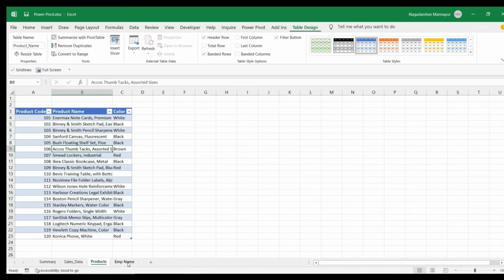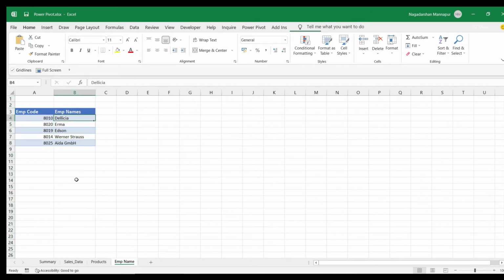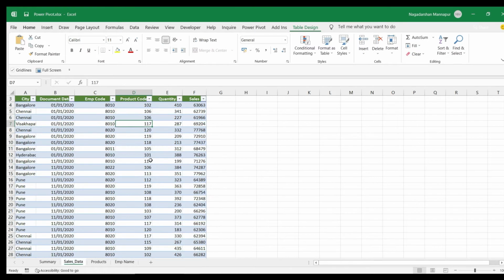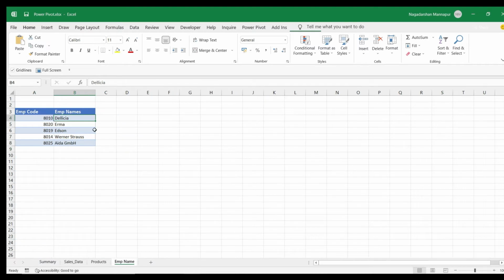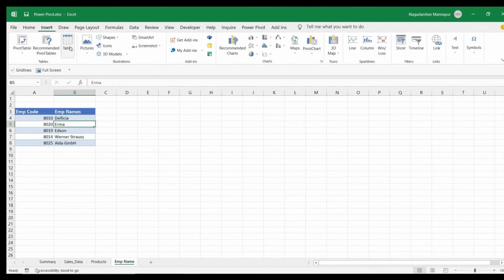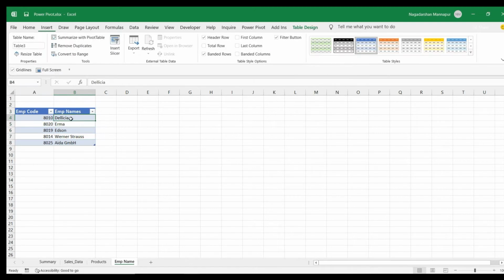The next one has the customer names, but sales data does not have the customer names, but it has the employee code. Using that employee code, I can get the customer name. So I'll create it into table format. These are the basic steps before diving into Power Pivot. I'll name it employee name.